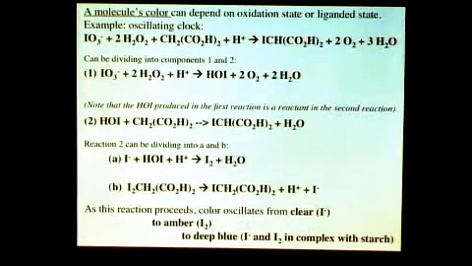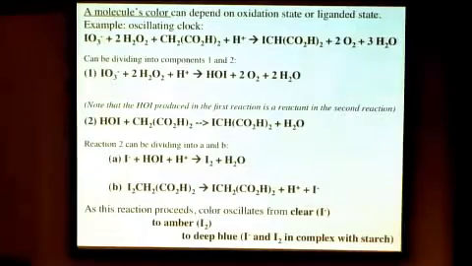OK, so as the reaction was proceeding, you could see that it started out clear, and then it went to this sort of amber color, and that was the I2. The clear was I-. And the sort of darker blue color that you saw is the complex with starch in the reaction. So both of these have colors independent, but then when they're liganded to something else, the color is